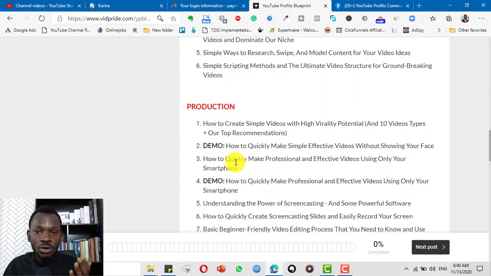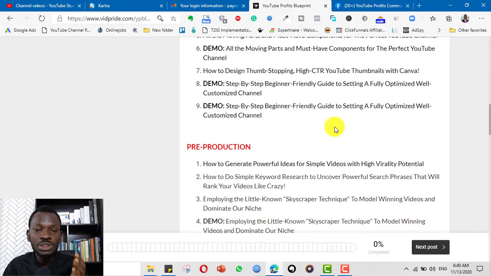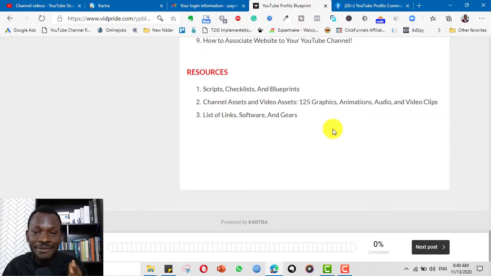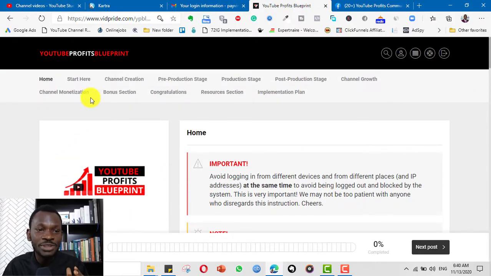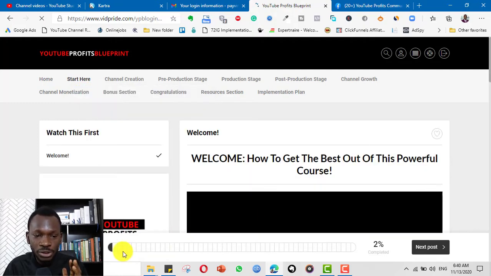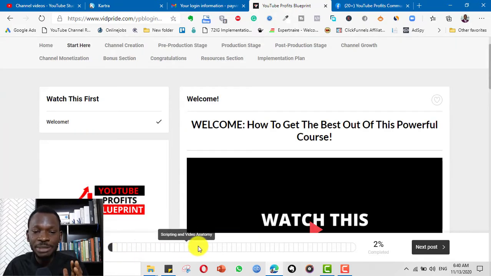Then you see the course curriculum, which tells you all the steps that you will need, all the video tutorials and everything. However, to access all of these, you do that from the menu above, depending on the device you are using. There's a place where it says start here, so that's where you have to start. When you click there, it says watch this first. As you go through the content, it rates you so that we gamify the whole system. So now it's 2% complete.